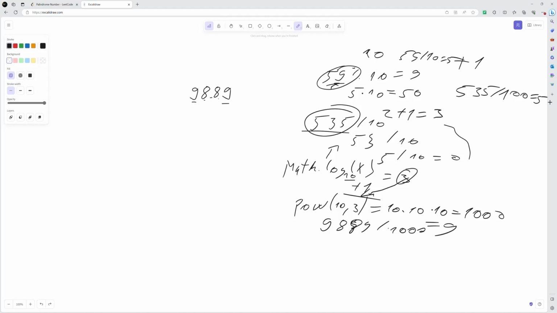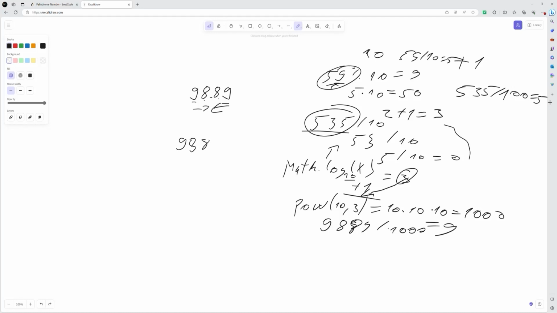So after we get our first digit and last digit, we just compare them and see if they are equal, and then we can move to the middle of the number. So in this case, we first have to take care of the first and the last digit, and to do that, we would first